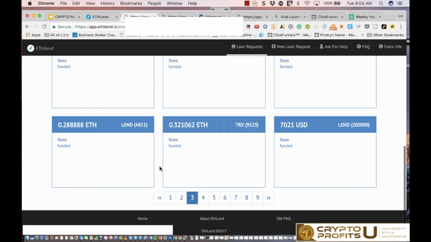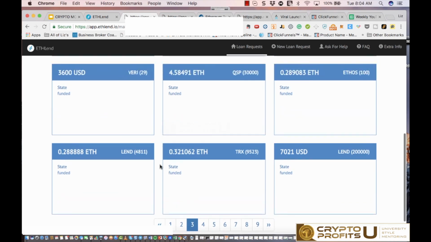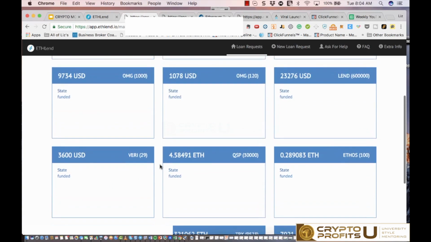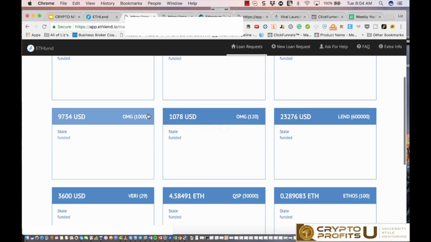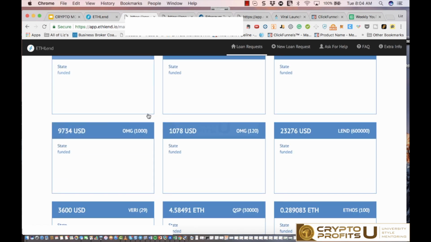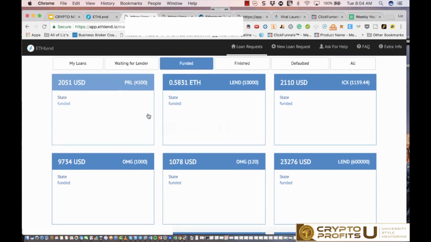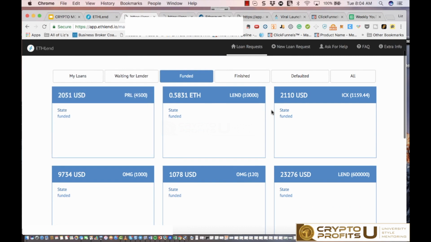Okay, so we're on page 3 now. I see a bunch of lend on here. Here's 1,000 OMG for 97.34. I do have OMG. $1,100 ICX. Let's take a look at the OMG, what the actual